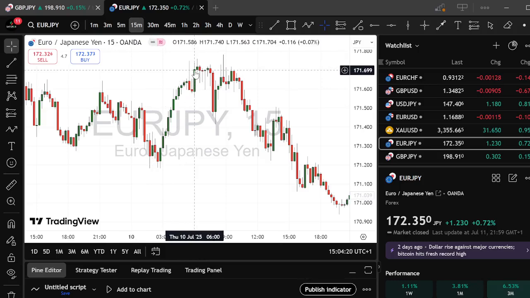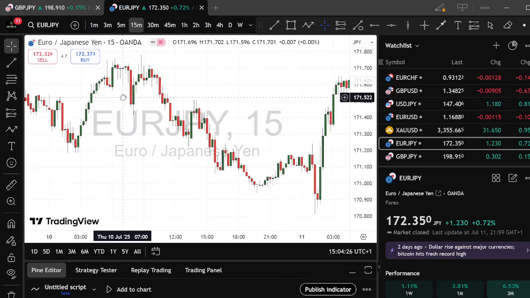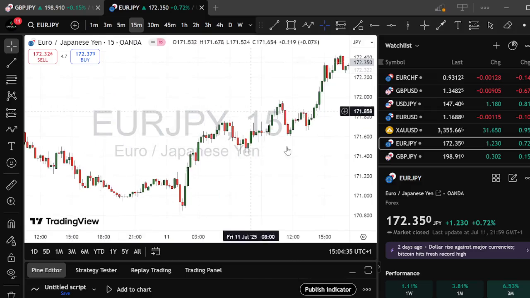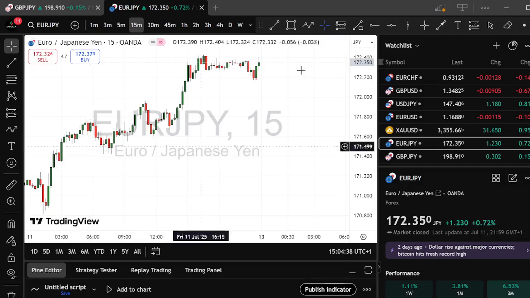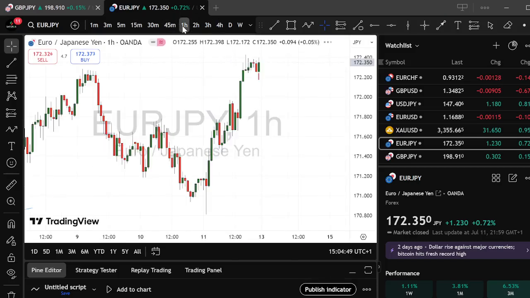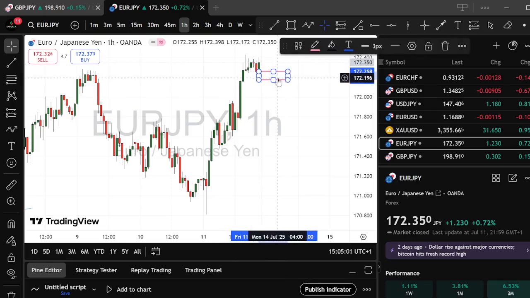Please don't get confused here. If I'm on the 1 minute time frame and I want to see a 15 minute candle, that means it will take 15 candles to form before a single candle will appear on a 15-minute time frame. I hope I'm clear. If I go on the 1 hour chart, each candle here summarizes 60 minutes. So if I mark out this singular candle